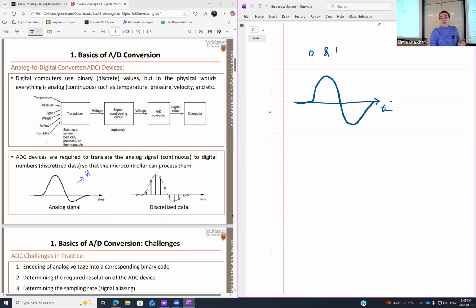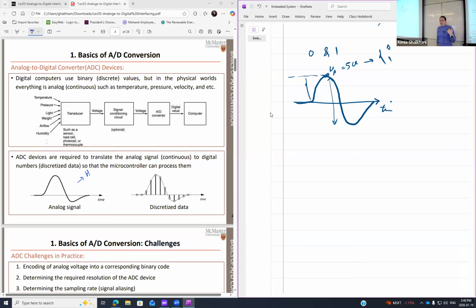Suppose the maximum in here I call V peak, and of course you know what peak to peak is. Suppose my V peak is maybe 5 volts or whatever. But this one is not understandable for the computer. I have to convert this to a bunch of 0s and 1s to make it easy for the computer to understand. And that process of conversion, which is not my manual work, is going to be the ADC,